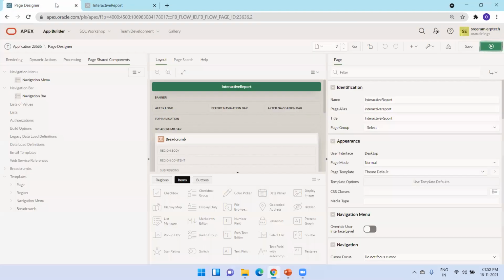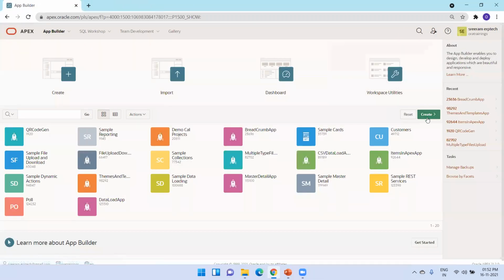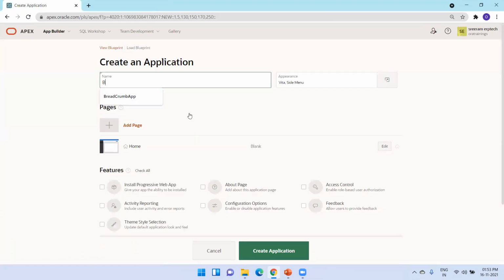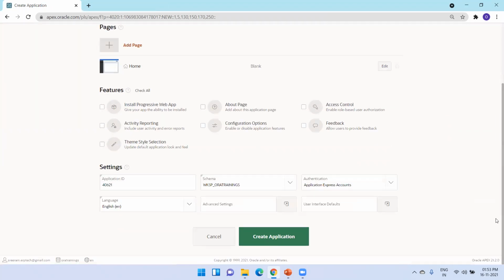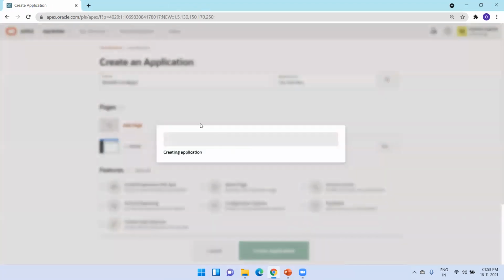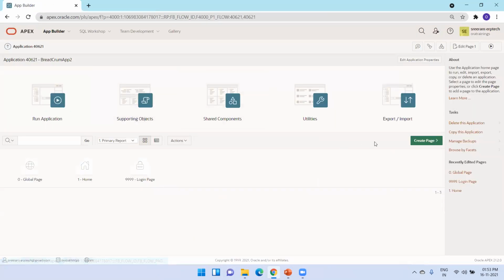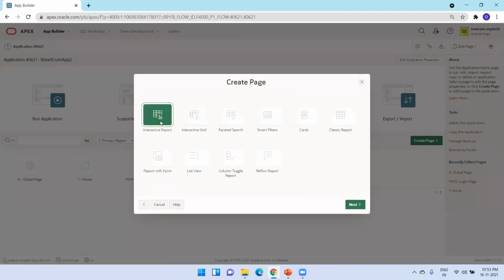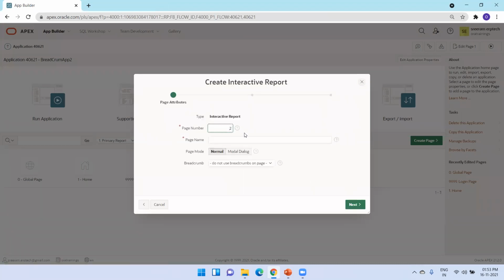So let me create a new application now. I'll name it breadcrumb app 2. Okay, create application. I'll just create a page. I'll go with a report, an interactive report.